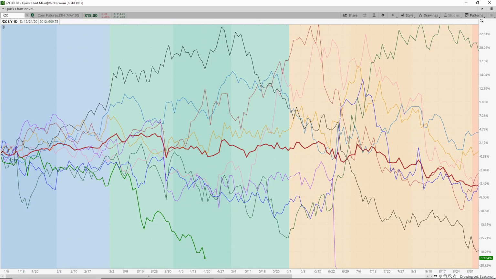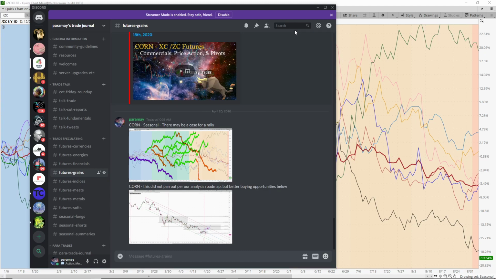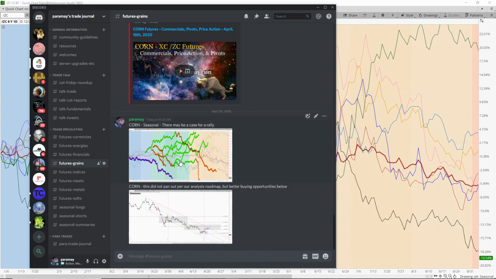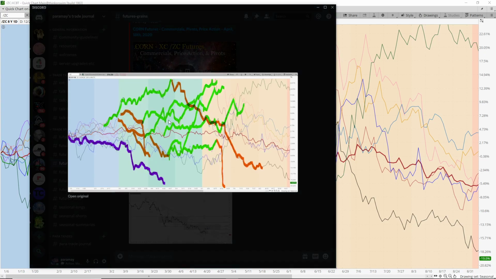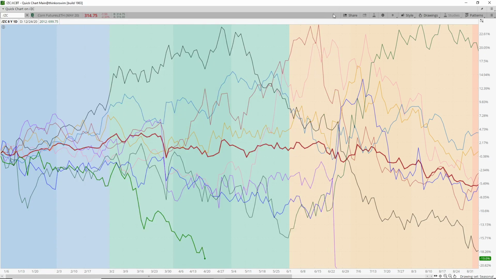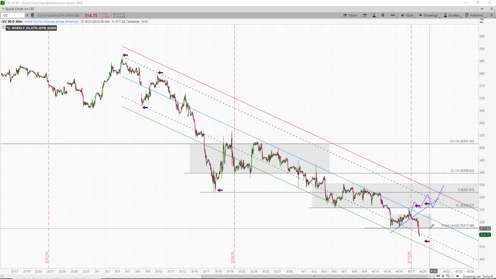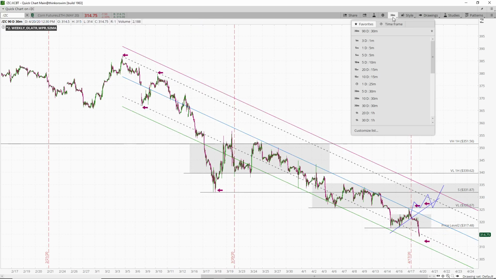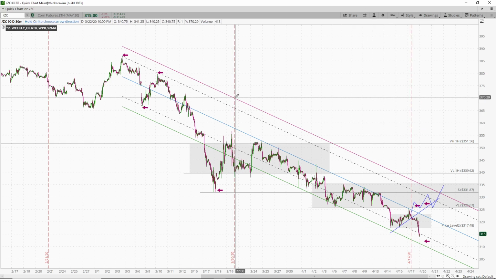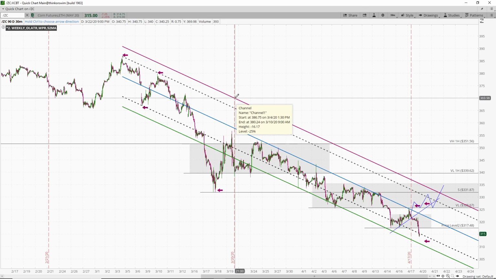let me pull up our seasonal here, and this is the seasonal chart that we were looking at for corn. So we want to be lined up properly. We want to make sure that we're taking advantage of these opportunities that present themselves. And if your channels aren't lining up properly, take a look at your time frames and make the adjustments that you need to. It's kind of a pain in the butt to do, but